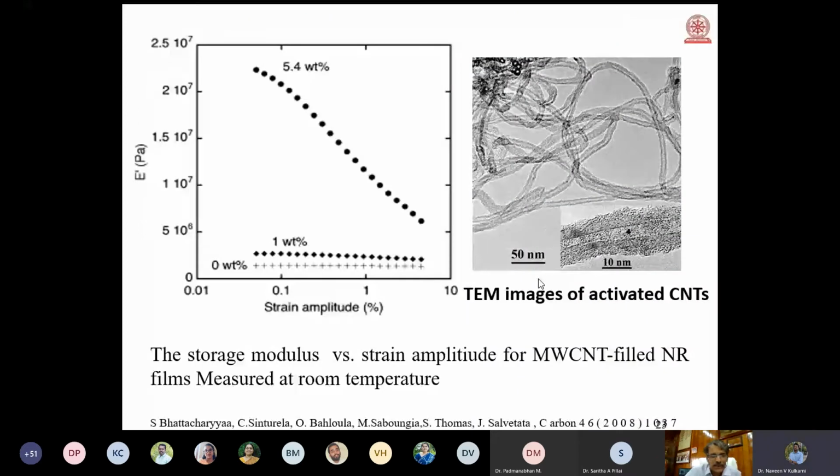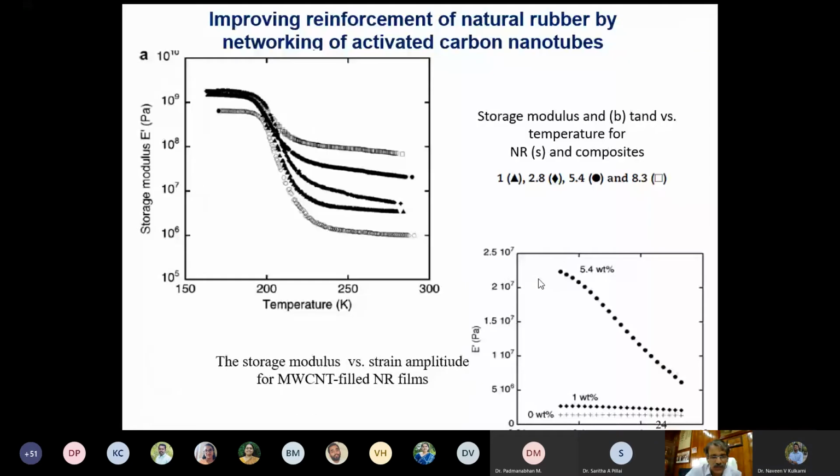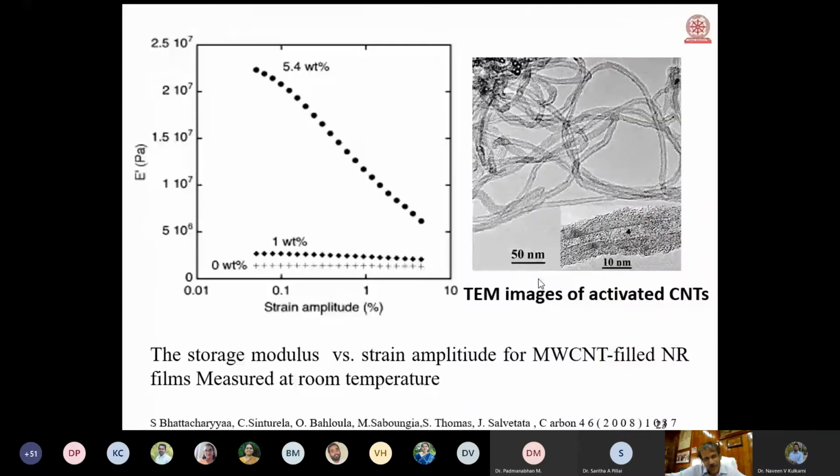And what you really find here is, this bottommost curve is the stiffness as a function of strain amplitude. You can see neat natural rubber. If you put just 1% of carbon nanotube, the behavior is very similar to neat rubber. If you put 5.4% of carbon nanotube, you see there is a dramatic increase in stiffness. The stiffness is very much increased. And you might ask why? Because when you put 5.4% of carbon nanotube in natural rubber latex, and eventually we made a beautiful conductive composite,